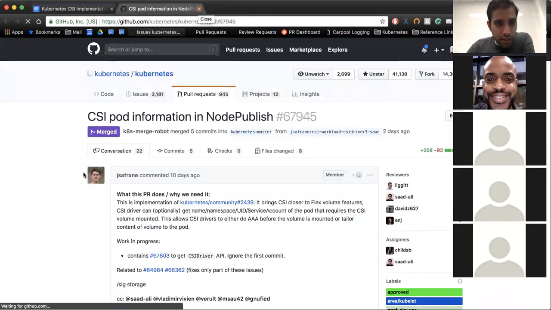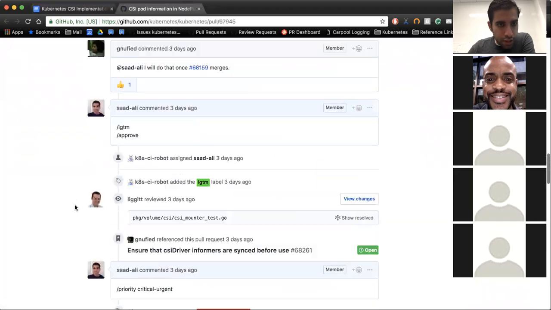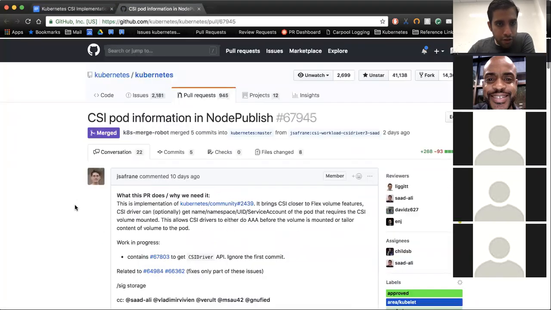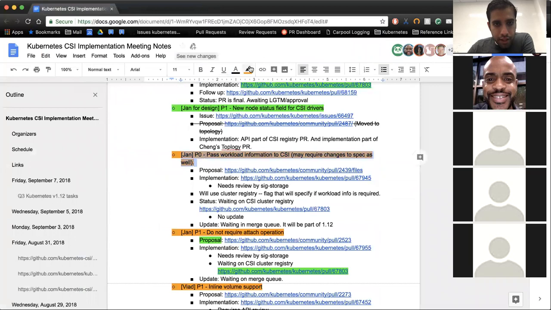I was talking to KFox. There's someone who's very interested in writing drivers, local ephemeral drivers. And he was asking if we could have a volume ID in there as well, in addition to the pod information. He wanted volume.name, the pod volume name. And I spoke to him offline, and we discussed and decided that the volume ID is already included in the path that's passed in on node publish. So that should be sufficient for him to do what he needs to do.